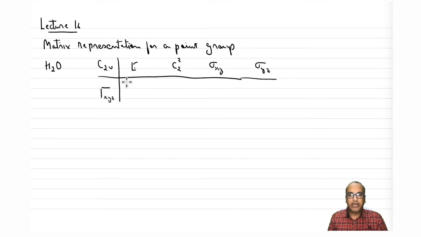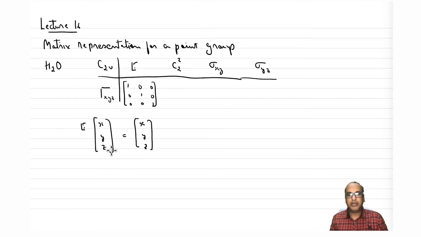Now let us see what we have in place of E. What matrix do we have? We know that E does not do anything, and it has to be a 3 cross 3 matrix because we have 3 bases in this. So it has to be a unitary matrix of order 3, right? To remind you, if I am doing this operation E onto xyz, I am getting xyz back. That tells me that my E is nothing but an identity matrix of 3 cross 3.